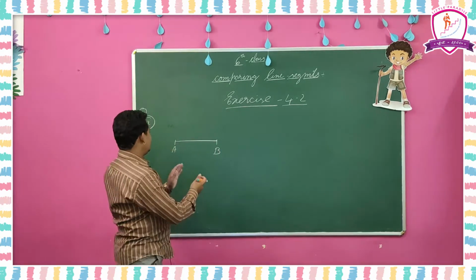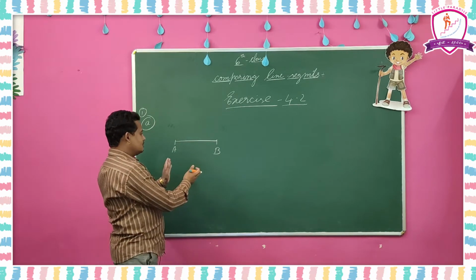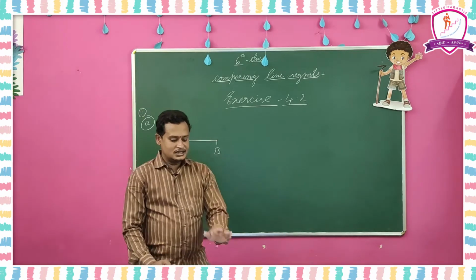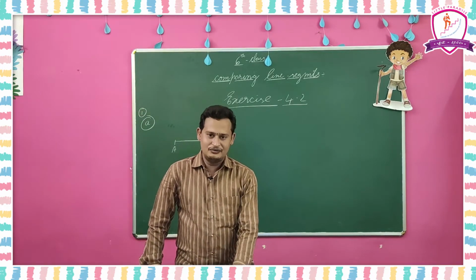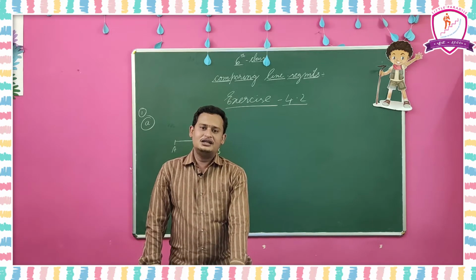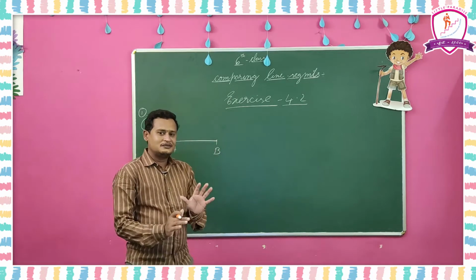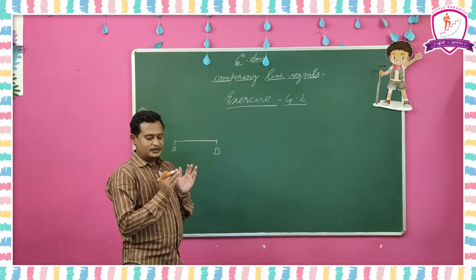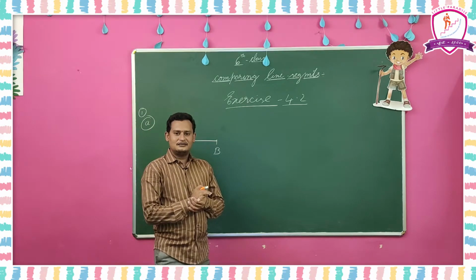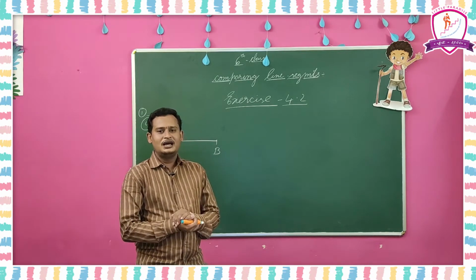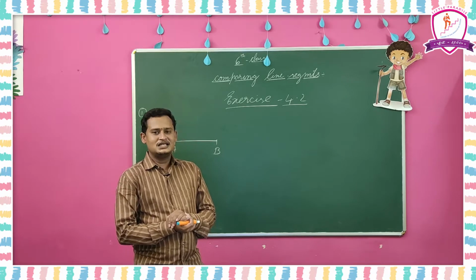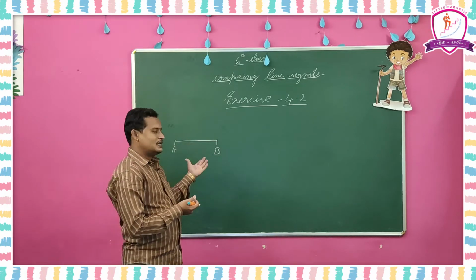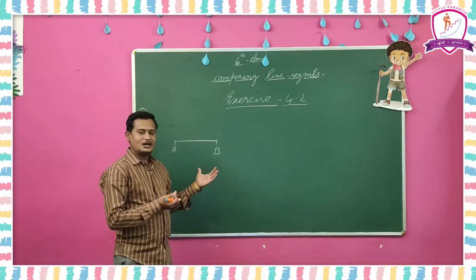I am going to draw a line segment here. I drew this line segment myself. The line segment which is given in your textbook you have to find with your ruler, in your textbook only. I am going to explain the model of how to find that. All of you be careful when you are finding the line segment. Already you know how to use the ruler and how to find the measure of a line segment; you already learned it in 5th class. If you have any doubts, you can get clarity here when I am explaining.